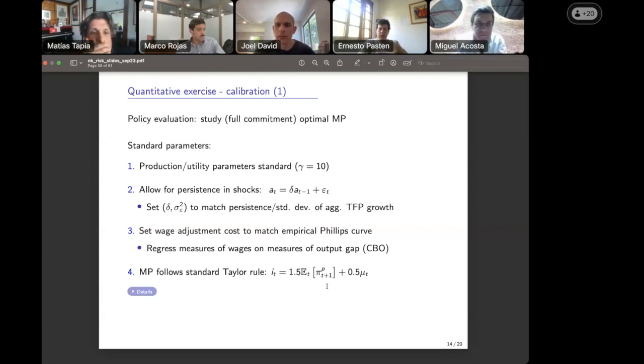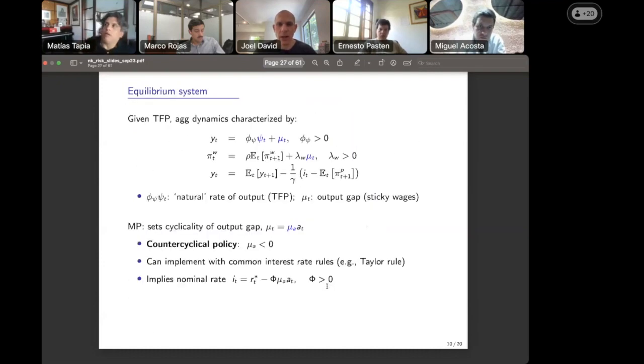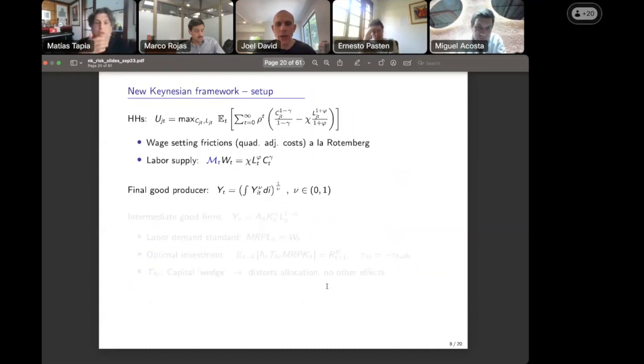So the financial friction is not going to have any effect whatsoever on the reallocation of capital in response to shocks? Financial friction is not going to have any effect on the reallocation of capital in response to shocks. I need to think that through. I believe the answer is going to be no. Yes, that statement is correct. And again, sorry to have to flip back so much, I think it's really coming